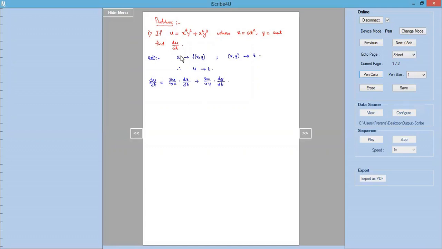So we will find out the partial derivatives of u with respect to x and y, and then we have to find the total derivatives dx by dt as well as dy by dt, substitute all into this formula and find out du by dt. We'll express everything in terms of t to obtain the answer. We'll consider one by one.